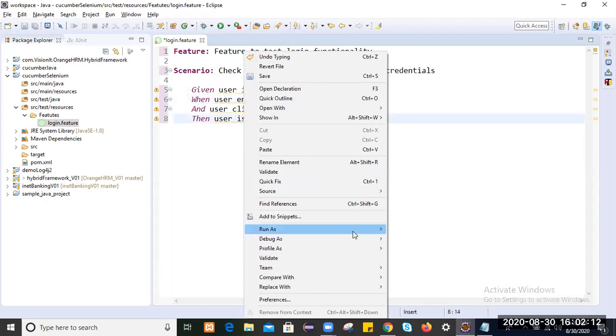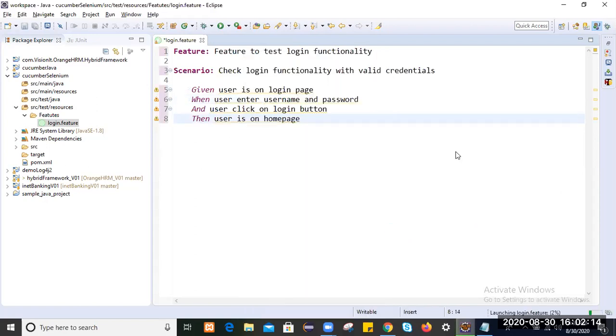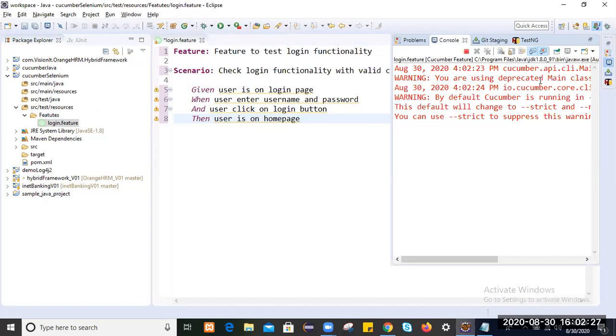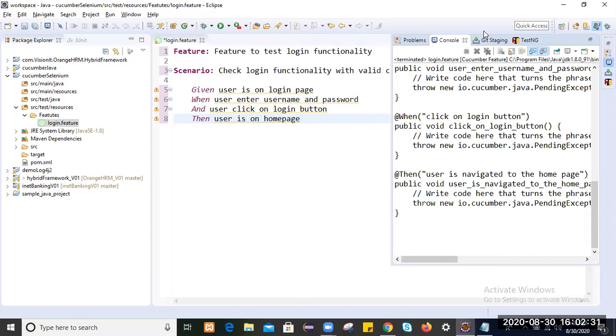Run as Cucumber feature. Once you run this Cucumber feature, it will generate your steps. Whatever steps you have written, those steps it will generate. You just need to manage your code there for the steps you have covered. It will automatically generate your snippet.